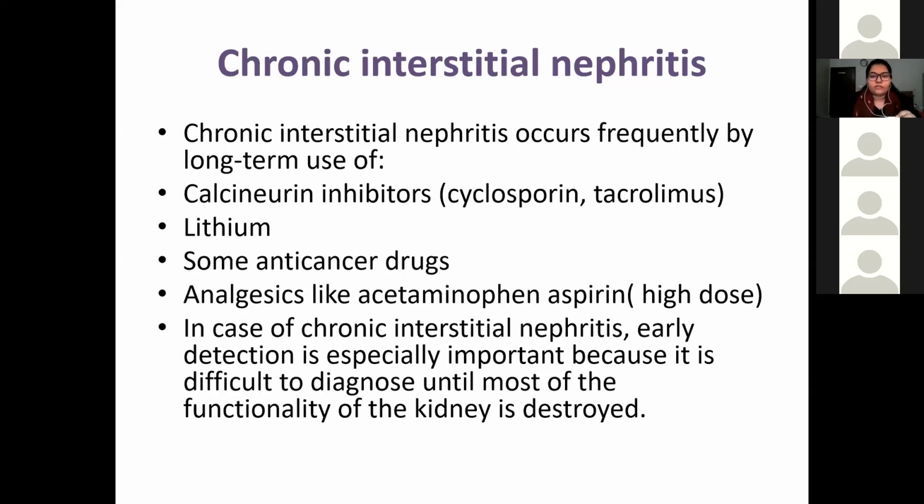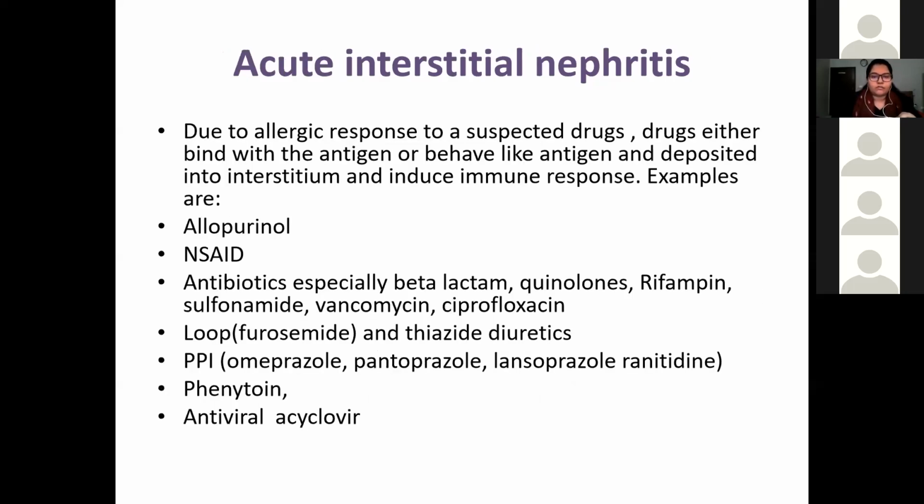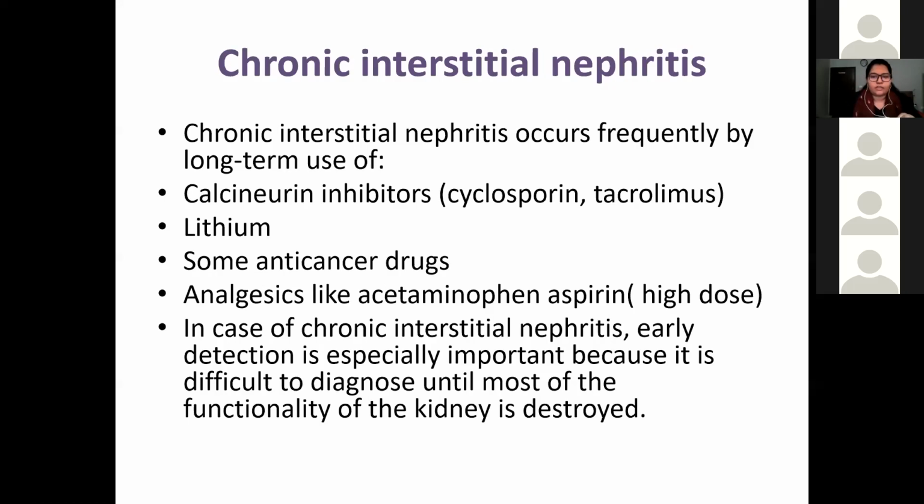Then chronic interstitial nephritis. For some of the drugs causing chronic interstitial nephritis, the mechanism of action is basically the same as acute interstitial nephritis, but it also presents in the form of the drug either binding to the antigen or behaving like an antigen. Some of the drugs that could cause chronic interstitial nephritis would be calcineurin inhibitors, lithium, and some anti-cancer drugs,